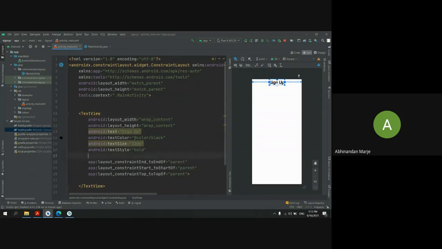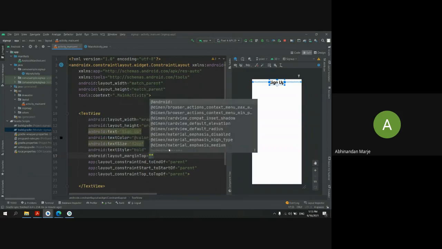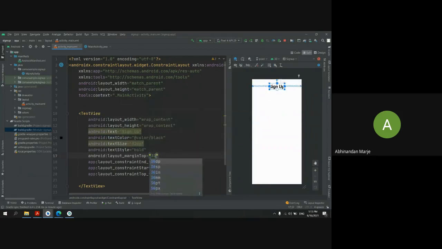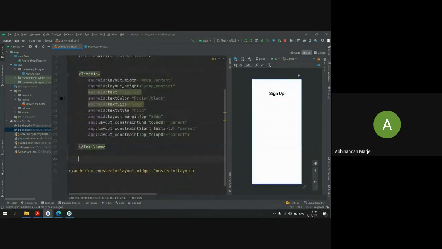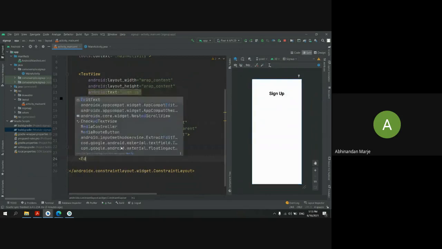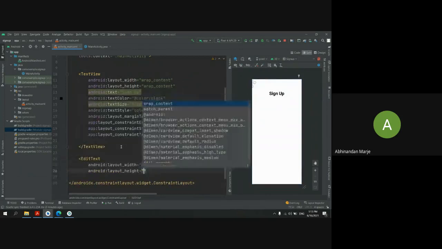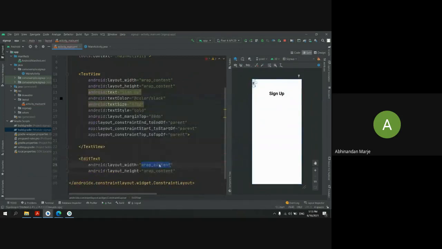Some top margin. Then the next thing, I want to add some edit text here. I'll make the width match parent. In this edit text, I will add some hint here. It will be first of phone number.